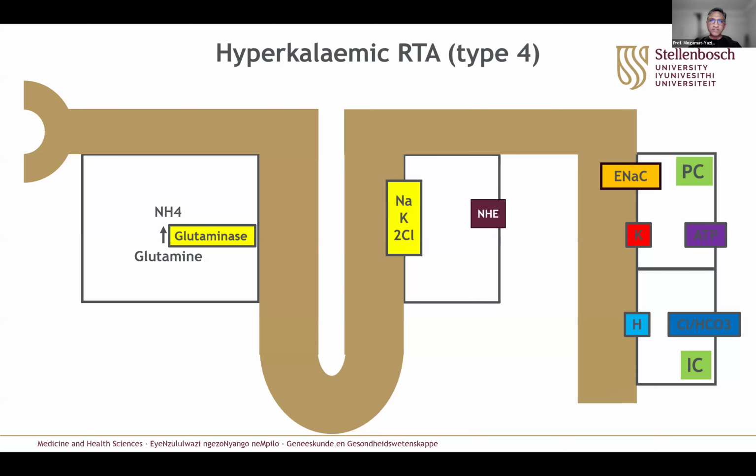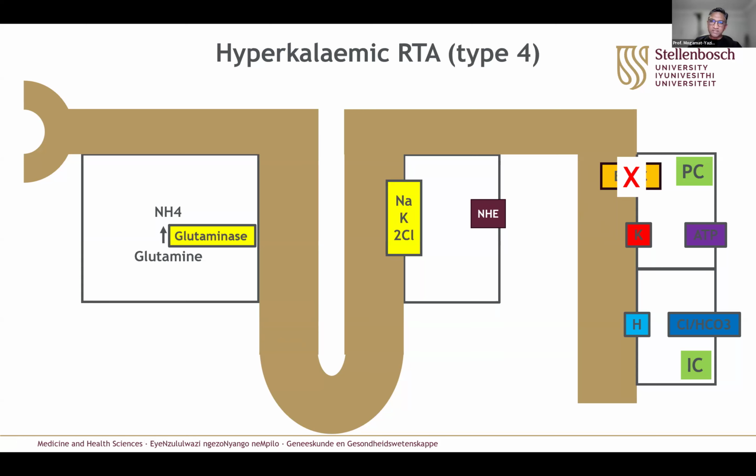Now, in our case, our patient had hyperkalemia and an RTA, and this is frequently referred to as type 4 renal tubular acidosis, or its older name used to be, or is still, so-called hyporeninemic hypoaldosteronism. So in the face of hypoaldosteronism, the ENaC channel is no longer functioning properly, which means sodium isn't being absorbed, and therefore potassium is not being secreted because of the slower sodium reabsorption, as we've been through already.